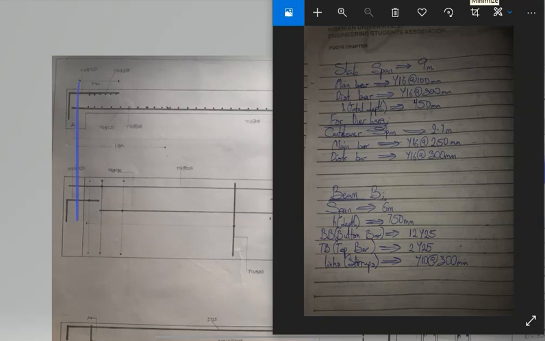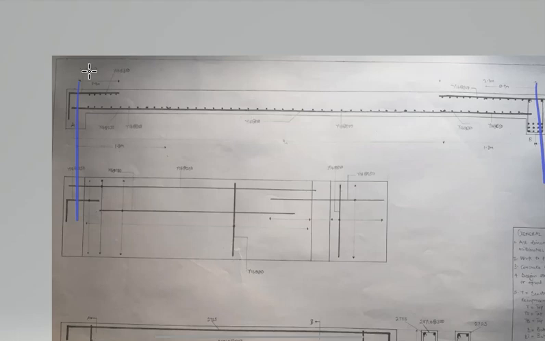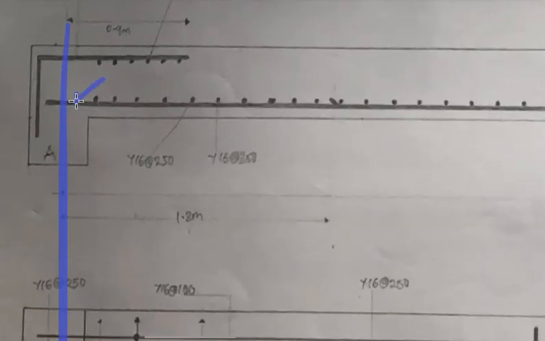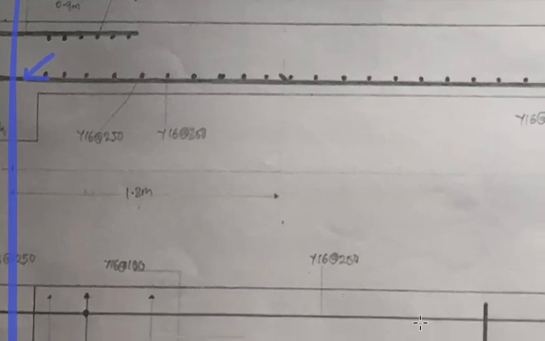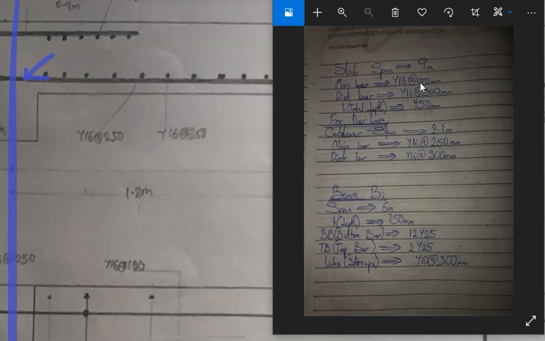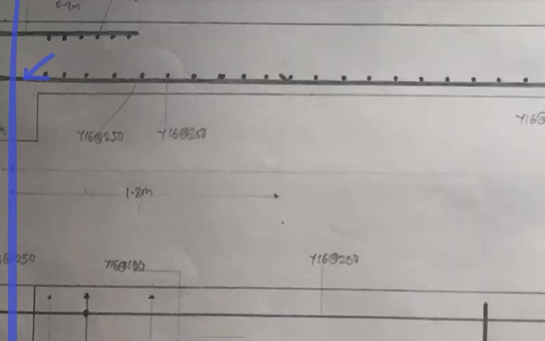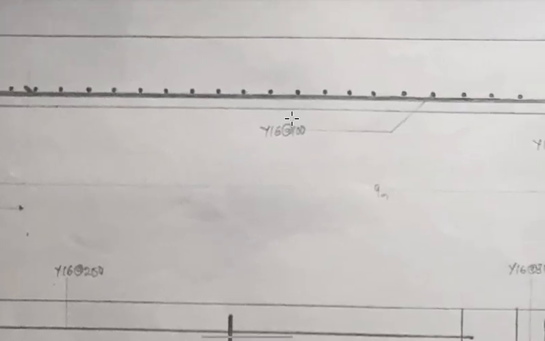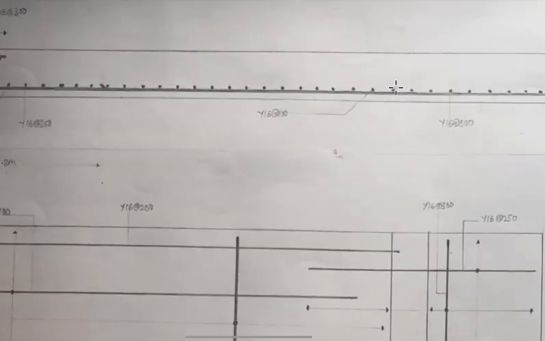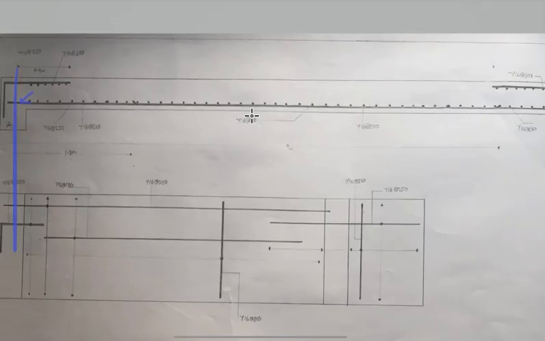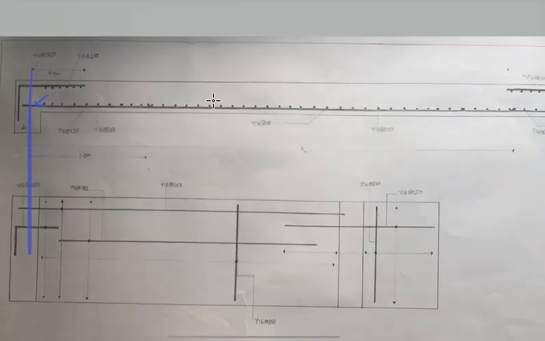That's according to the area of steel we designed for in our structural design. But this is the detailing of our structure. As I mentioned earlier, the main bar is the one at the bottom, which is this, and then the distribution bars are the dots that you can see as it is labeled. So you can see how I labeled it, Y16 at 100, and of course the other one, which is the distribution bar, is Y16 at 300, because it's only distributing the weights all over the main bar for it to be supported by the